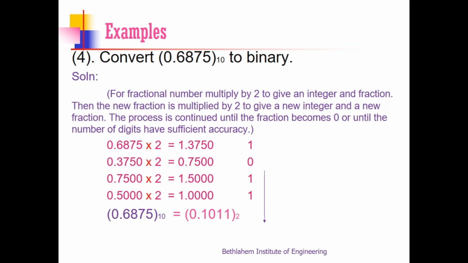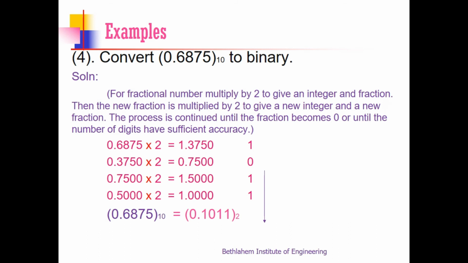We have to write this 0 behind it. And 7500 is the fractional part. You have to write the fractional part in the next step. Again, you have to multiply by 2. The product is 1.500. 1 is the integer part. We have to write the integer part behind this. And this fractional part is written in the next step. And again, multiply by 2.